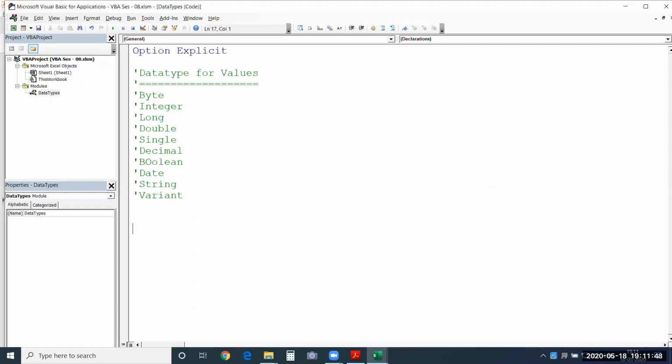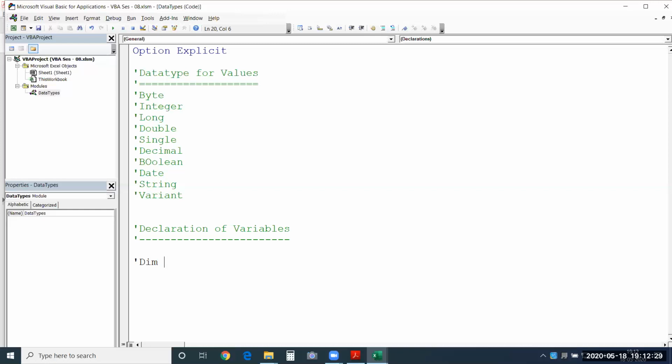So how to use it? You need to first declare it. That is known as declaration of variables. Let me show you how to declare a variable. Now, to declare a variable, you are going to use a keyword here. We'll say that as dim. Dim is a keyword which should be used in the beginning to declare any variable. Just like you use sub to start with a macro, you will use dim to declare a variable.